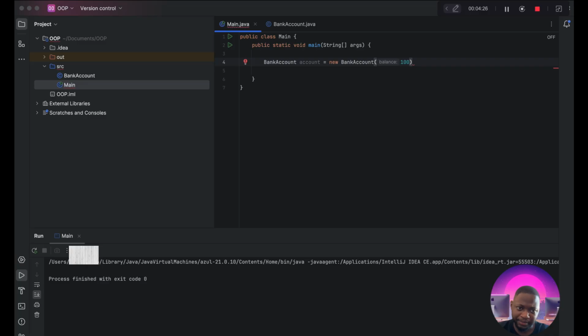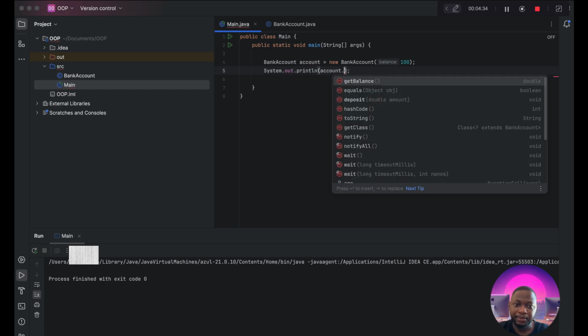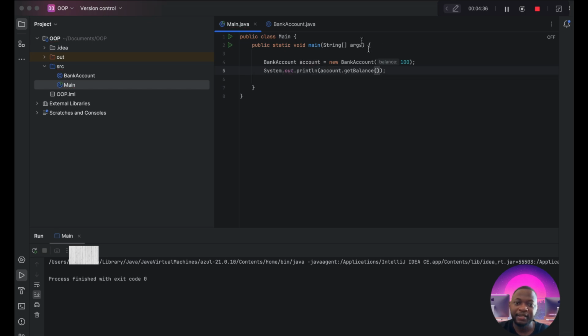Let me do this, 100. And get balance, and see if it passed in 100 as our balance. I'm sure some of you are wondering, okay, what about